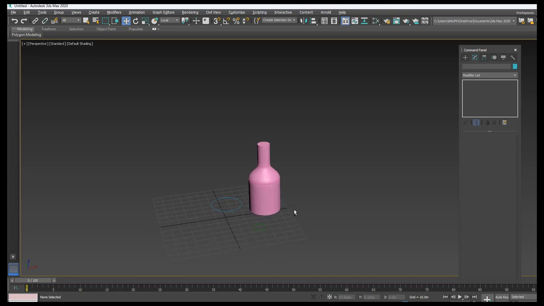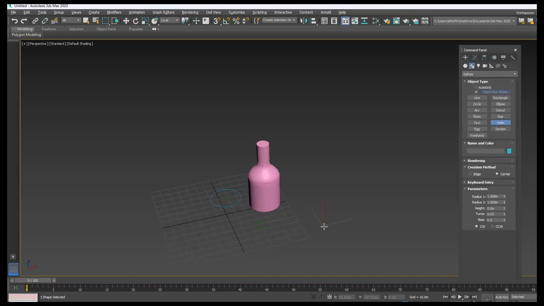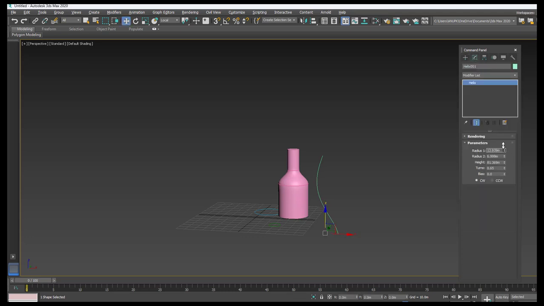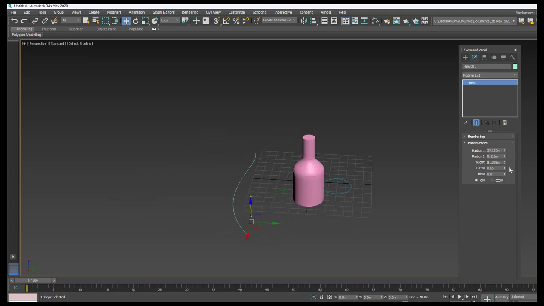Now I am going with a different shape. For that shape, helix. This is the helix. Go to the modify option to change the inner and outer radius. And then if you want to increase the turns, you can increase the turns.